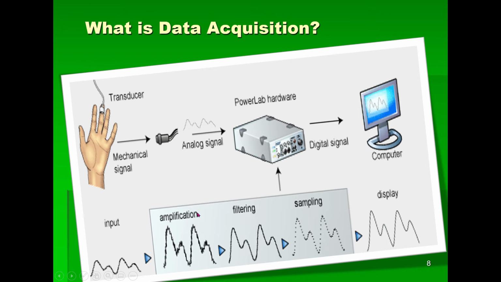This is the generalized mechanism for all the experiments conducted on the Power Lab. Every time we use the same hardware and the same software, LabTutor, but the equipment we attach, the transducers, can be changed. Transducers mean anything that transduces signal from outside into the Power Lab. Accessories and attachments can be changed, but the overall software and hardware will remain the same, and the mechanics behind the working will remain the same. I hope you understand up till this point.